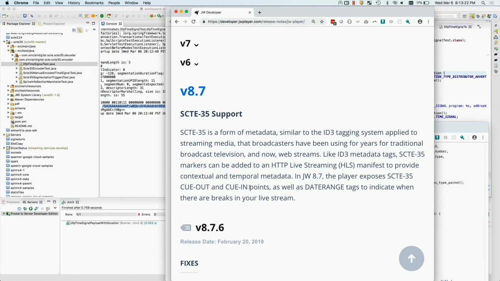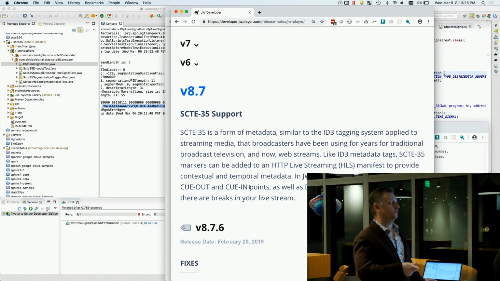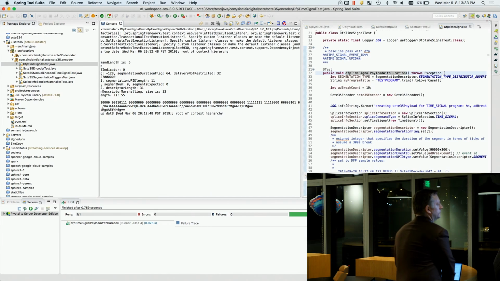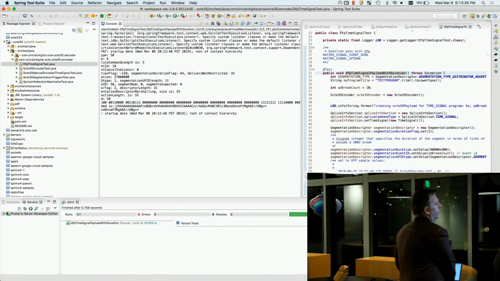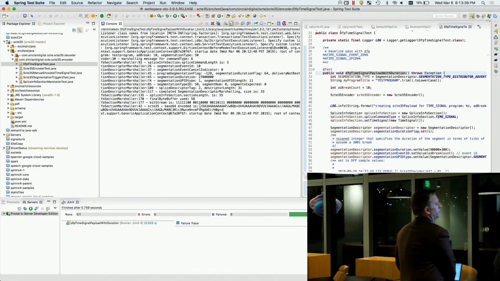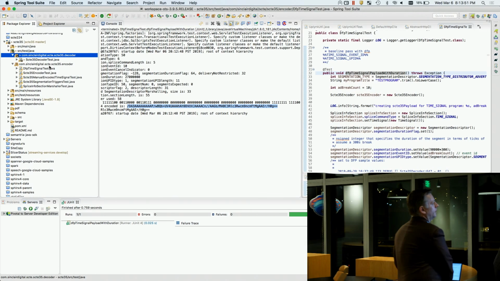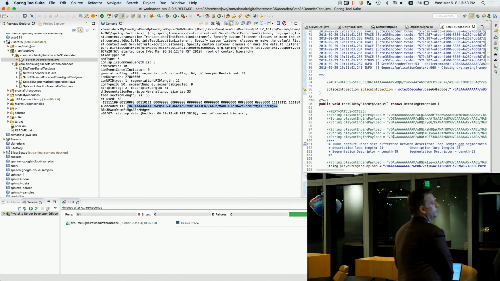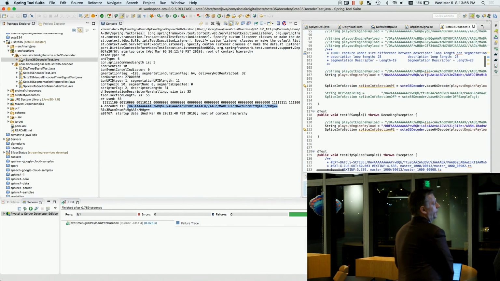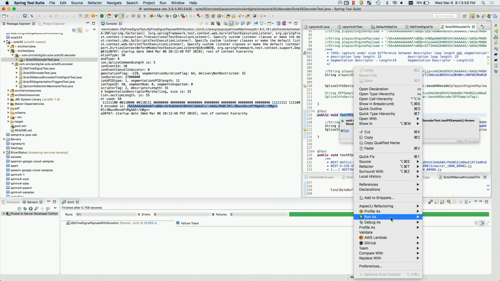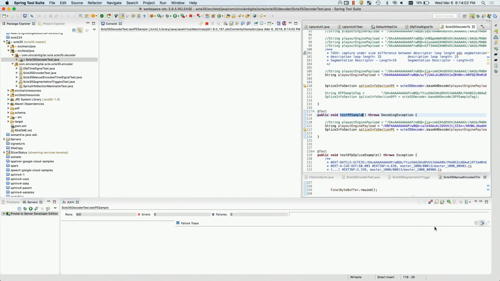SCTE-35 has been in the cable industry for the past decade. It's what controls every single insertion you see. We brought it all the way to the client side here, and just this little piece of payload data is all you need to be able to trigger your ad break for digital distribution. And this is really an interesting use case and model, because you can mux it into VOD HLS resources or live linear HLS resources. So when all of this comes together, there's a ton of opportunity to put this information in a non-proprietary, industry standard, and adopted data payload and representation.